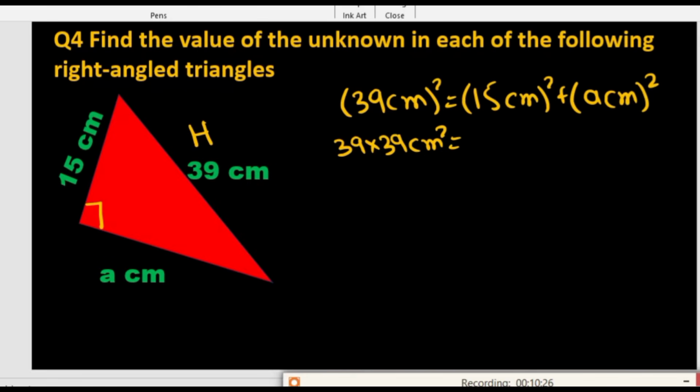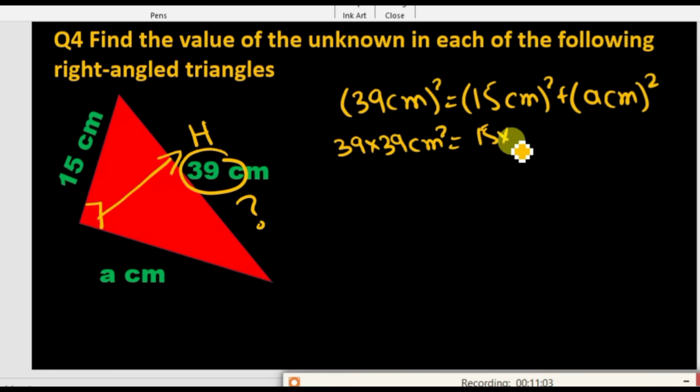Students, it is very easy. The hypotenuse is on the left-hand side, and hypotenuse squared is equal to the sum of the squares of the remaining two sides. That is what the Pythagoras theorem says. You have to find the value of the hypotenuse. The 90 degree angle is opposite to it, the hypotenuse value is 39, and you have to square the remaining two sides and sum them.